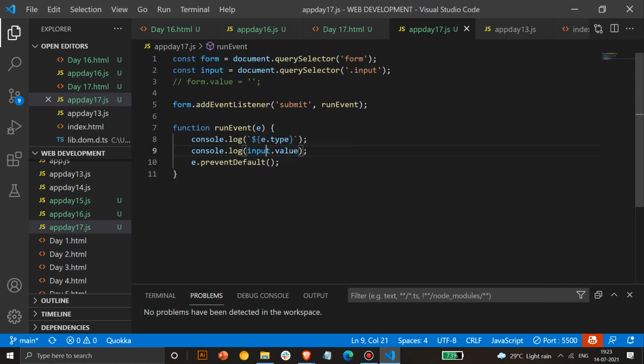If you have to get a value there, you use input.value. For every input field, you have to write the same code, this const input. If you have two inputs, you have input2, input3 or something like that, or use specific names. If you have name, email, password, mobile number, all of this data can be sent through the backend. Instead of console log, we'll have some other code. If you are using JavaScript, they will give you some code, and you can use that same code, and that data will go into the backend.